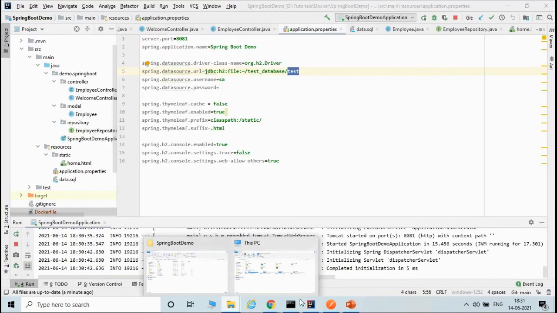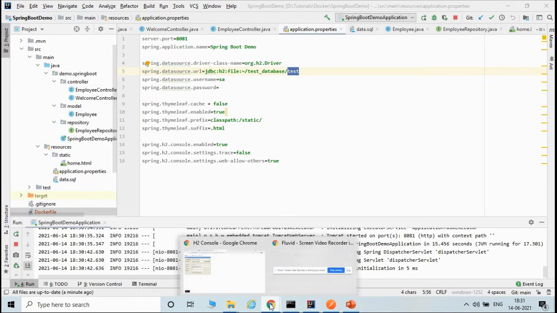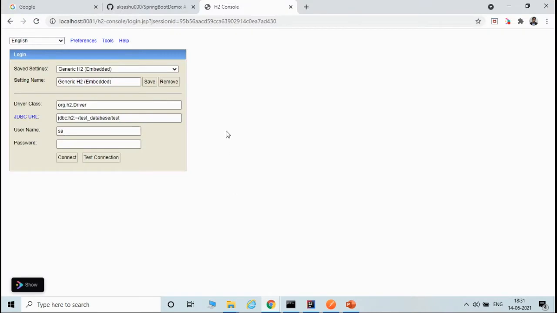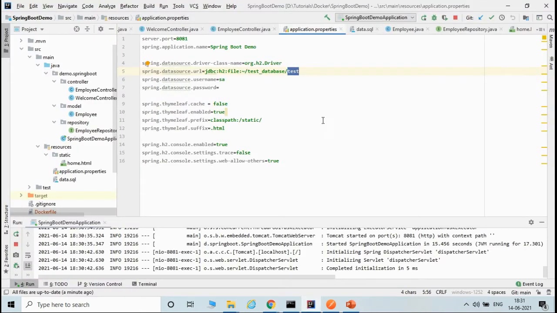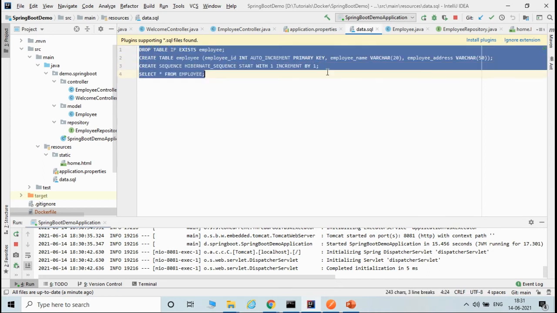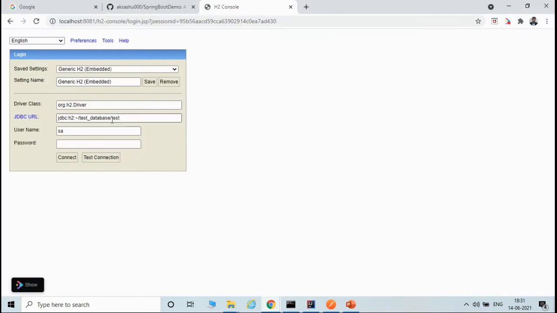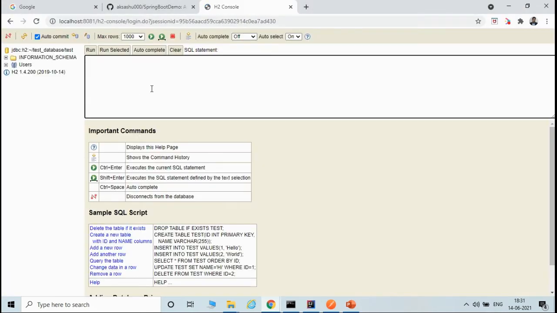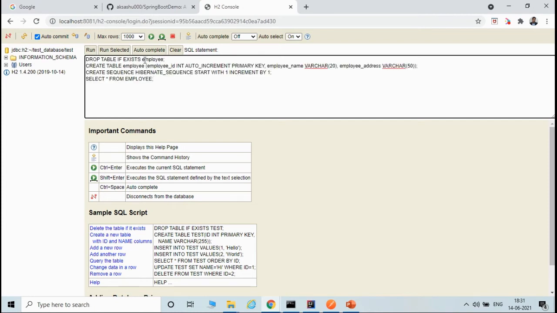Let me show you. First, let us create some database, and then we'll see. What we'll do is just copy the SQL statements, okay, and go to H2 embedded. Let's say we click connect, so it is connected, and then the employee table will be dropped and then created, then the sequence will be created, and then show will be there.